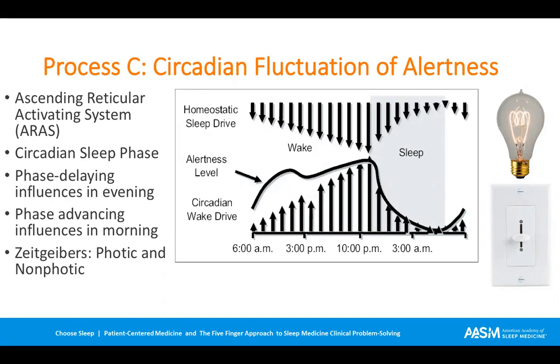So on this graphic, you can see the lower arrows are steadily increasing over the course of the day. It turns out that close to the habitual bedtime, the suprachiasmatic nucleus sends messages to the AAAS to turn the dimmer switch up. This happens in roughly the 2 hours prior to the usual bedtime. You can see that that wakefulness input gets much larger. Circadian rhythm researchers have termed this time frame in the circadian rhythm the forbidden zone.